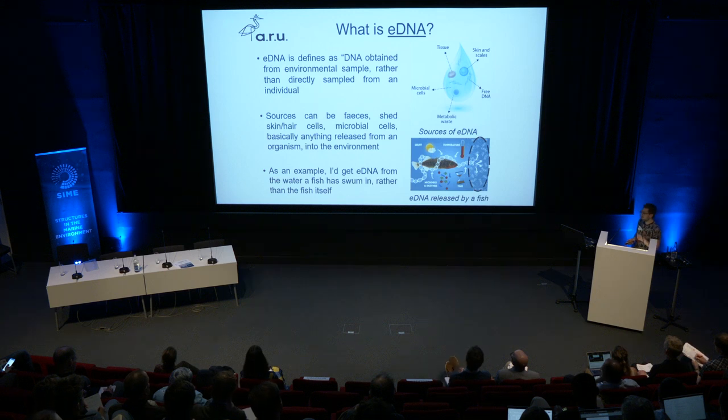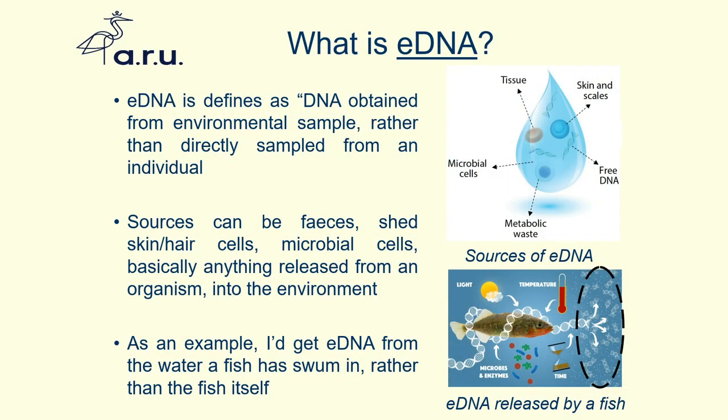Just so we're all on the same page, as I see the term used a lot incorrectly, eDNA is defined as DNA that we obtain from environmental samples. That can be water, air, sediment, and it's from the sample rather than sampled directly from an individual. So as an example, some of the sources can include feces, shed skin cells, microbial cells present in the environmental sample,